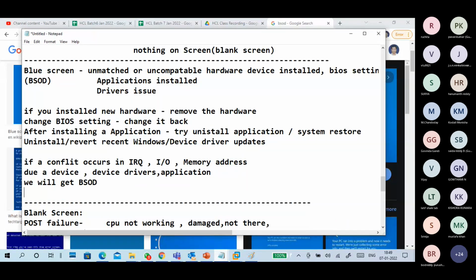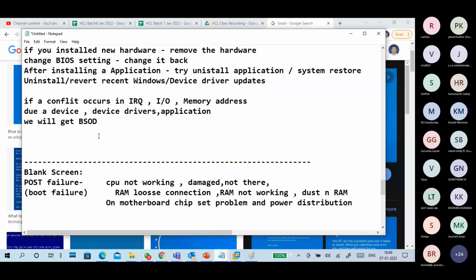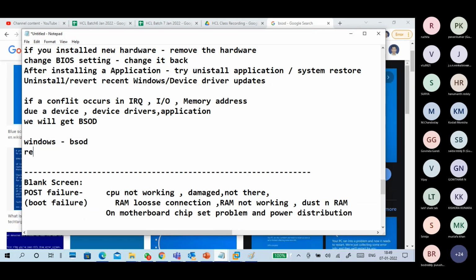Okay, so when you get a BSOD in Windows, mainly note down the stop error it is showing.